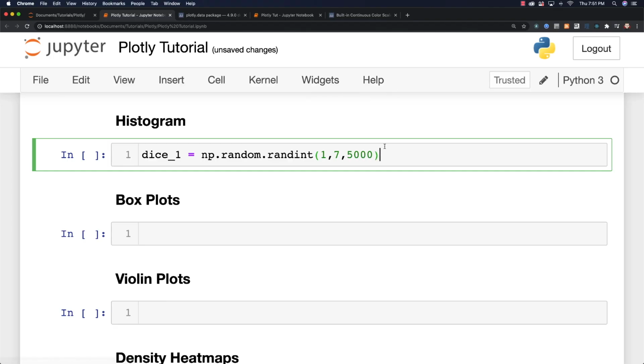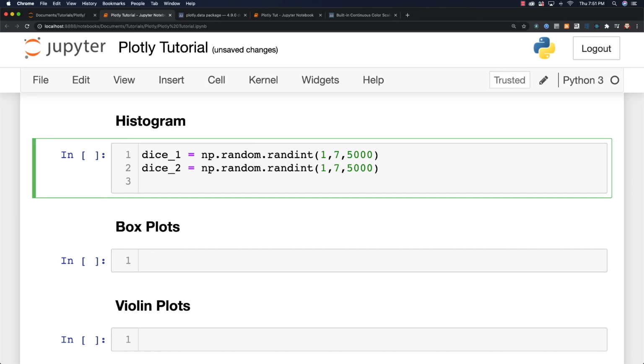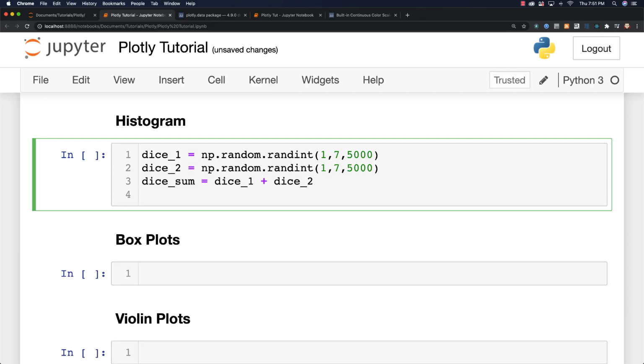That's going to simulate one die being rolled. And then I'm going to do another die, and what we're going to do is plot out the probability of rolling different values based off of just random dice rolls. And you can think about what's going to happen here, if you think about what the probability of rolling dice is and which number is going to come up the most. All right, so then I'm going to say fig is equal to px.histogram, and dice sum is